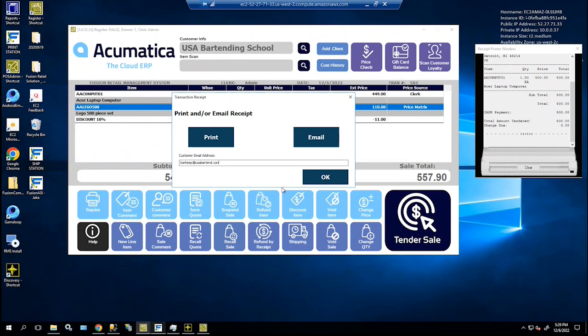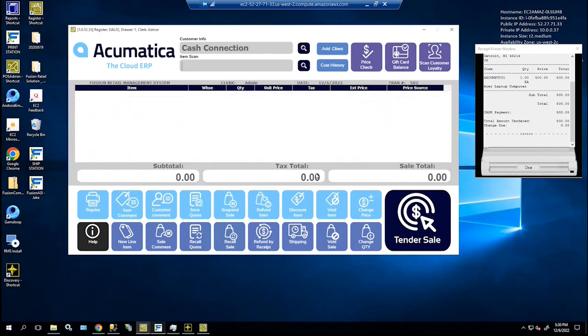if I wanted to. Here, since we do have their account, you'll notice that their email address is on file, where I can just hit email and move on. I can print the receipt just like we did before. I can do both actually, and I can actually do neither, and I can hit OK and move on. So,